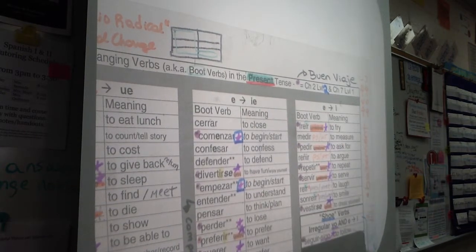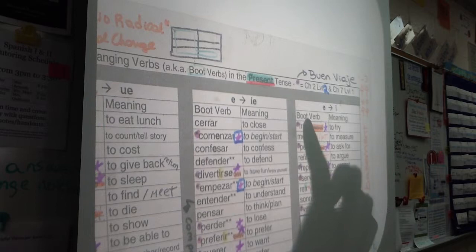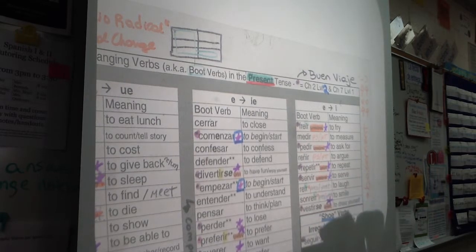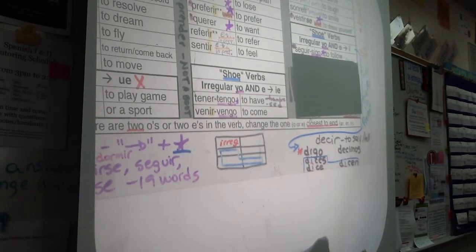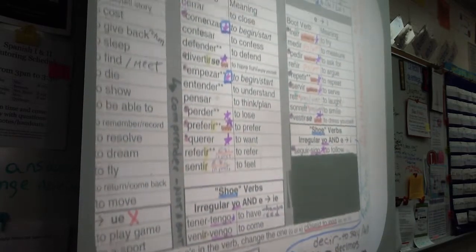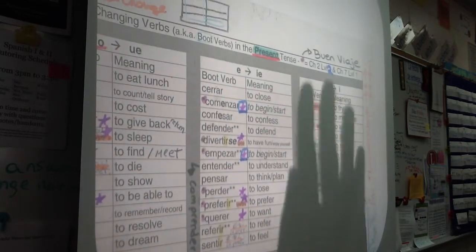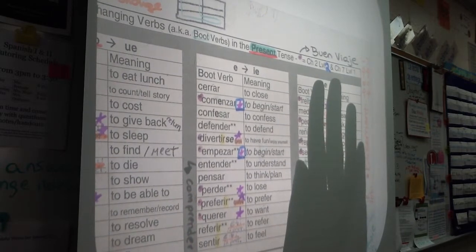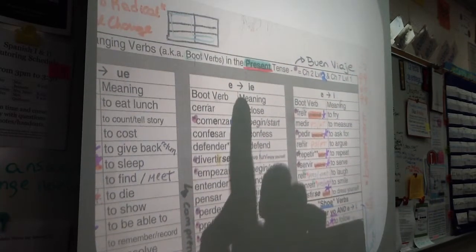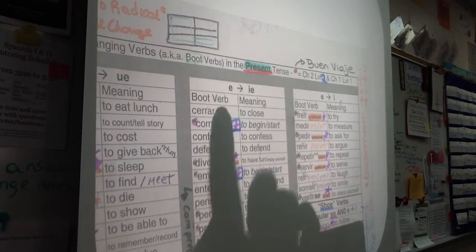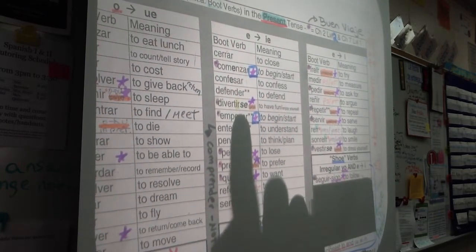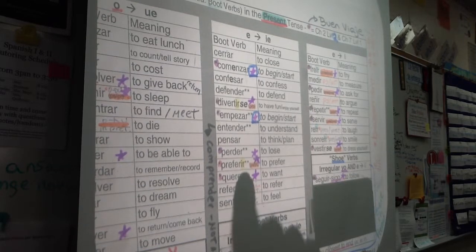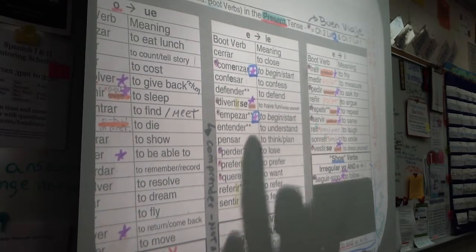All your E to I verbs happen to end in IR. Yes? Even the shoe one that I moved down here. They all end in IR. So that helps you narrow that down. If you look at your middle column, the E to IE column, and you scan down, you only have one, divertirse, or divertir, 2, 3, 4, 5. So divertir,